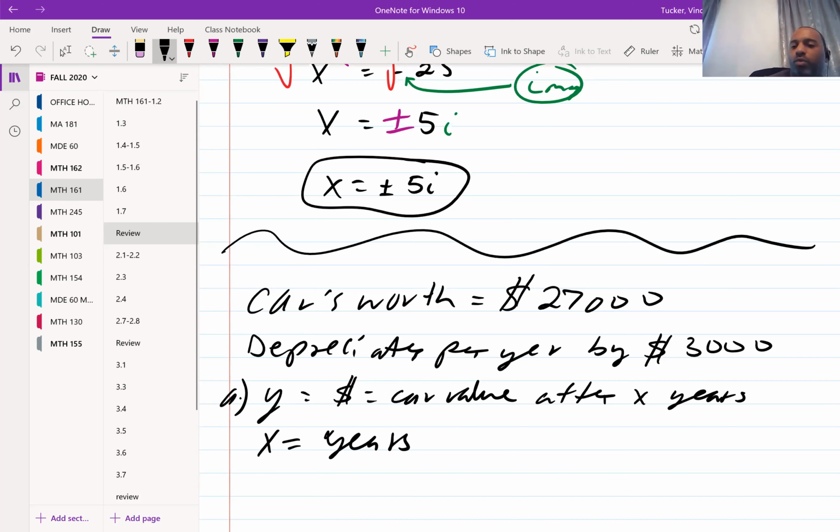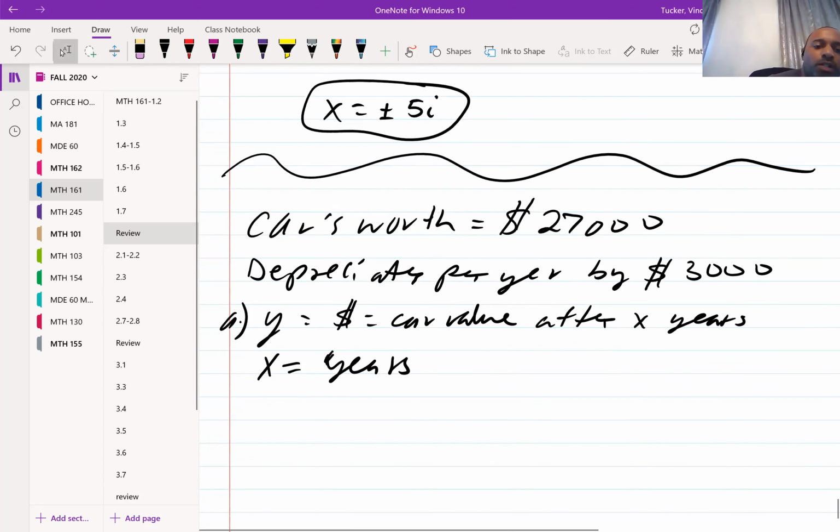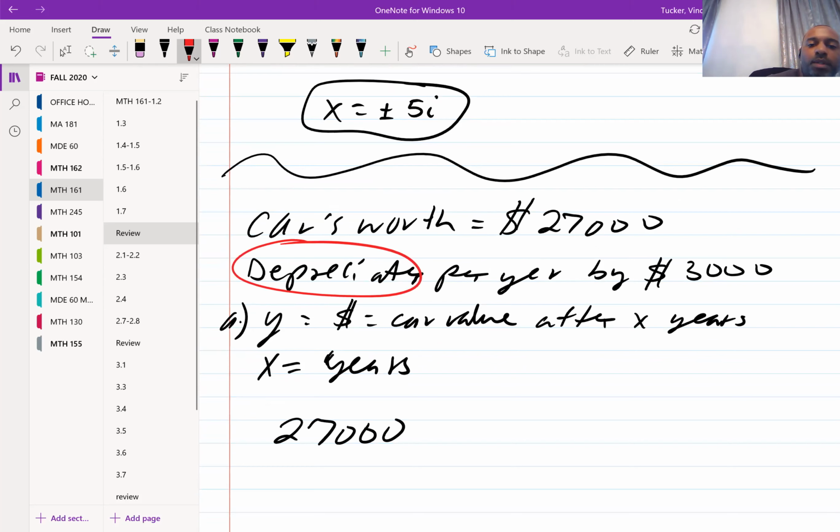Y is going to equal the car value after X years, so X represents years for us. The car starts at 27,000, and it's going to depreciate. Since it depreciates, that means it's going to be a negative effect, so we're going to do minus